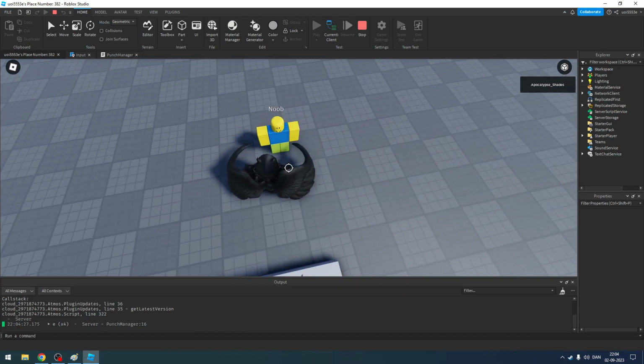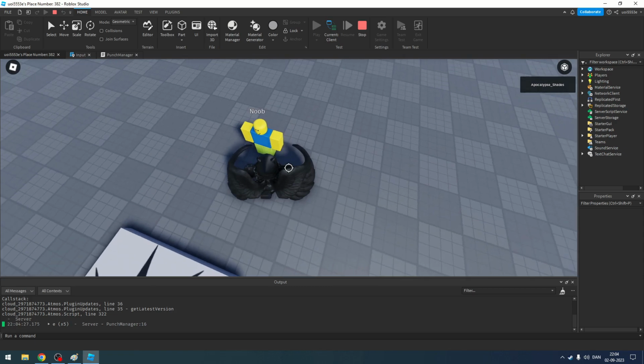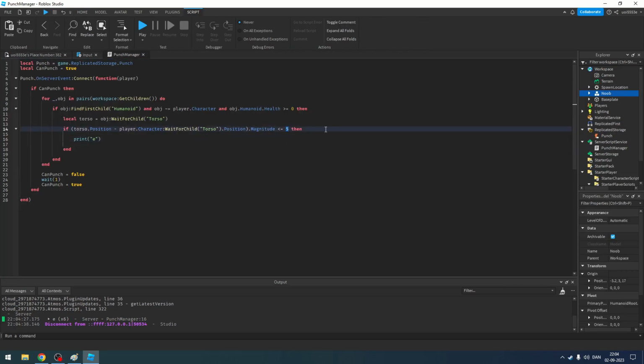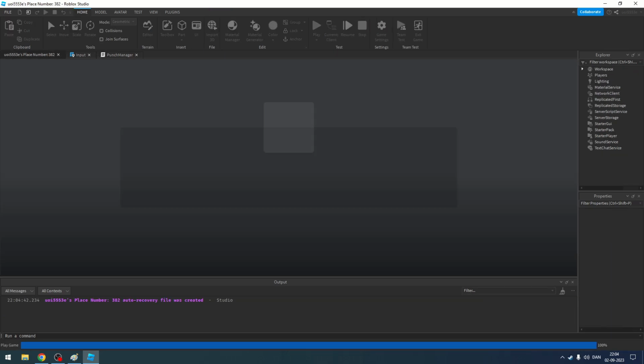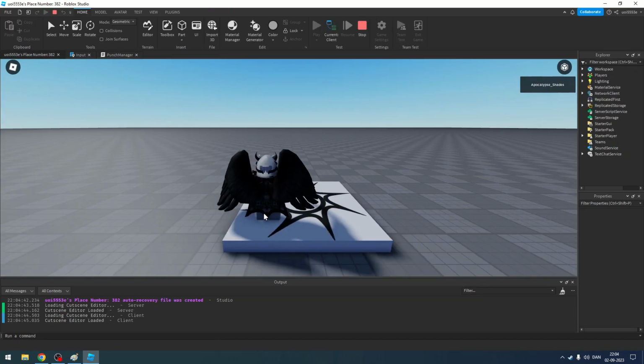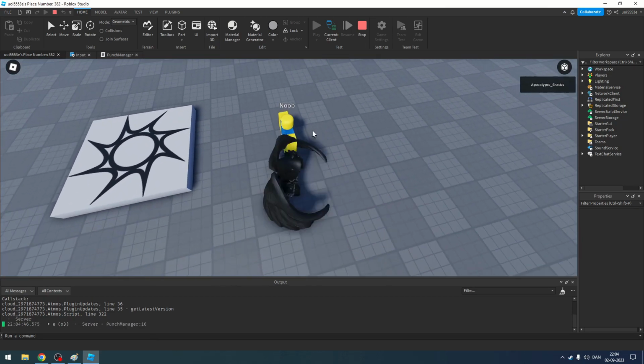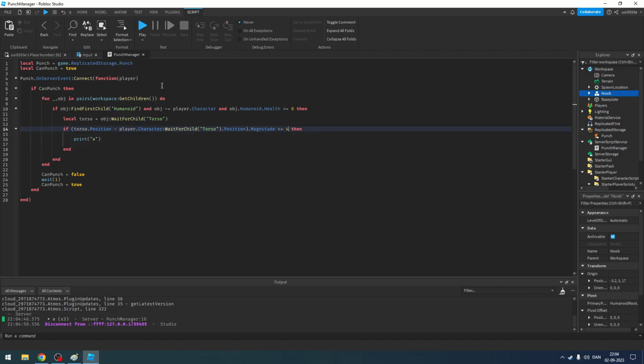And just make sure the distance is more realistic. So maybe 4. And just see what works best for you. Okay, this is a great distance. So now we're going to add a